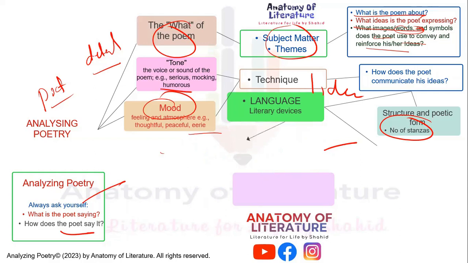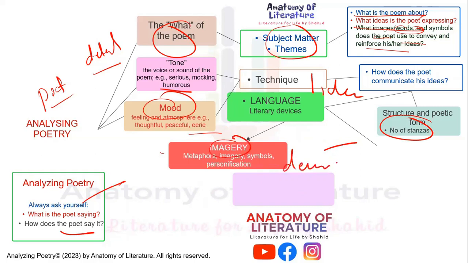So the next step is to identify the use of imagery, metaphors, symbols, and personification. We will be analyzing the uses of imagery. We will consider how these devices deepen the meaning for the reader and enhance the reader's understanding of themes and ideas. When we read Robert Frost's poem The Road Not Taken, Robert Frost employs the imagery of roads,